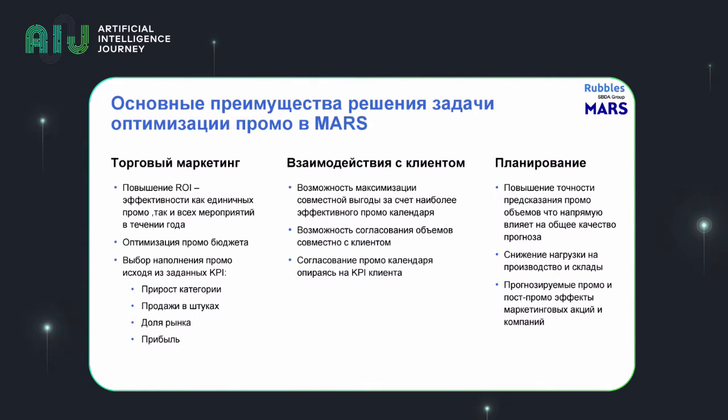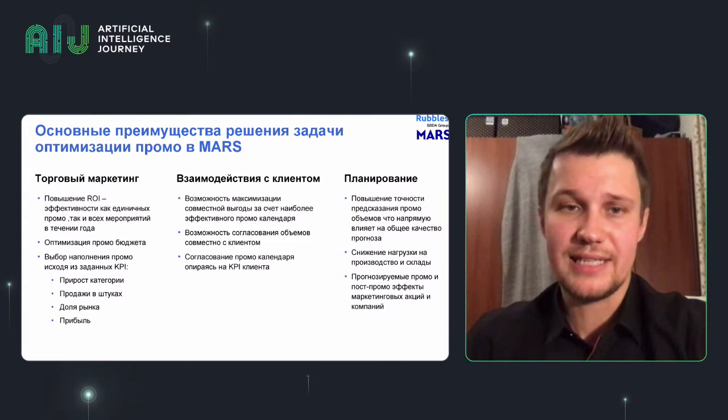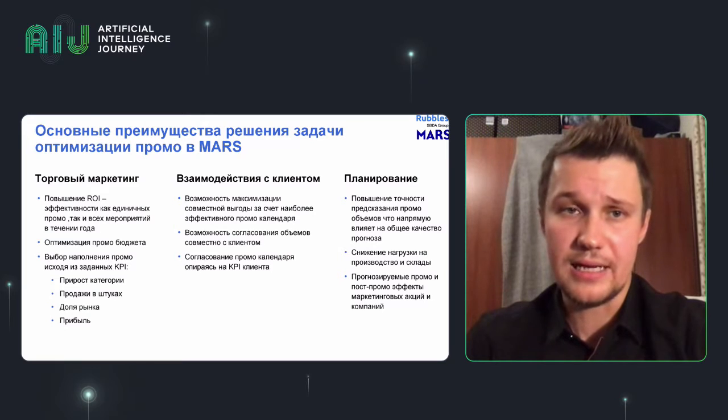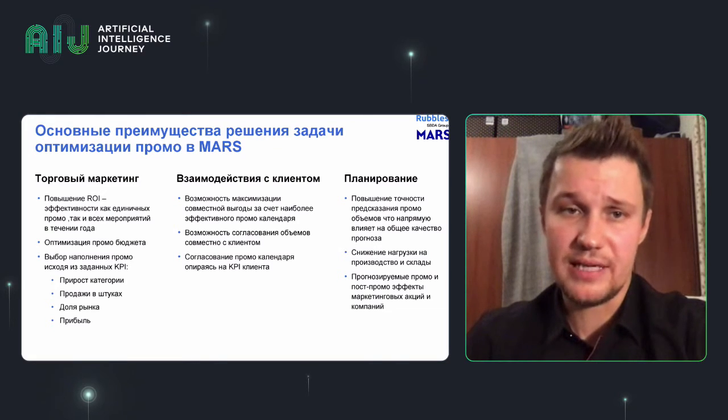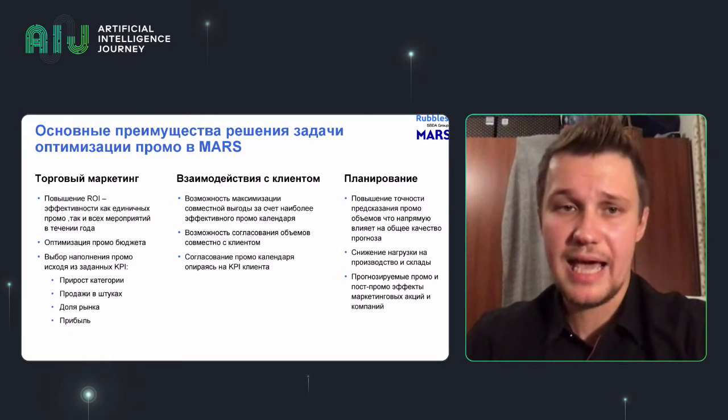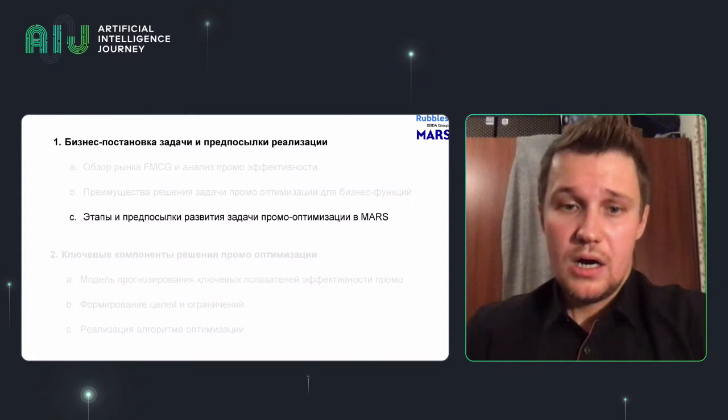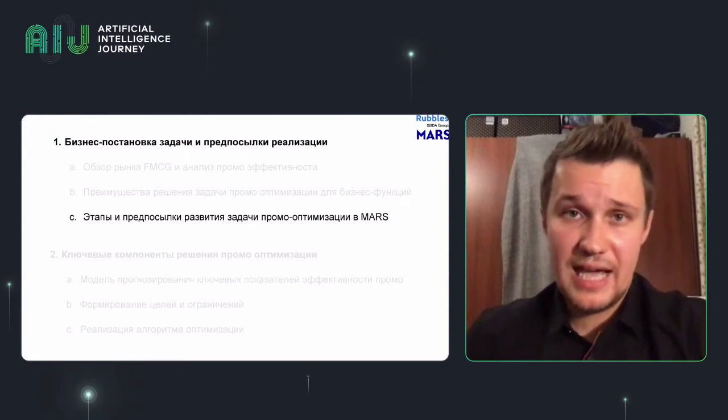The key advantages to promo optimization at MARS are listed here. Obviously, the most important objective here is to help us deliver on our KPIs. But if we can maximize, say, ROI for an individual promo or the whole promo calendar, we won't complain. And this is true for our objectives, but actually the same applies to our joint programs with the retailers. After all, they are our partners. Another important factor for the manufacturer is the ability to increase the accuracy of our forecasts, because that way we can optimize both warehousing and manufacturing.